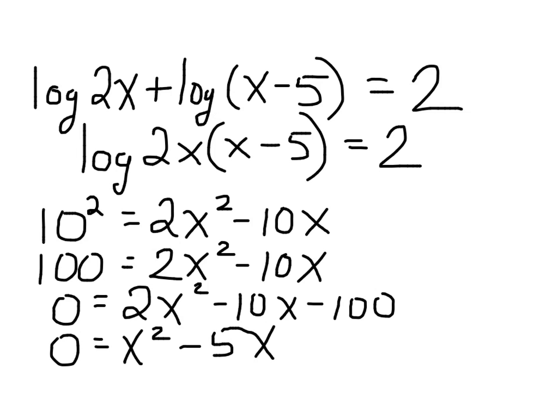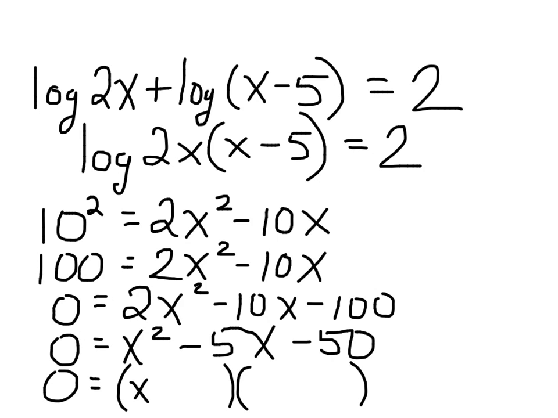Nice. What's negative 100 divided by 2? Negative 50. Woohoo! Okay, now as far as factoring goes, what times what gives me x squared? X and x. What times what gives me negative 50, but adds up to be negative 5? Negative 10, positive 5. If I were to solve those, and by solving them I mean put them each equal